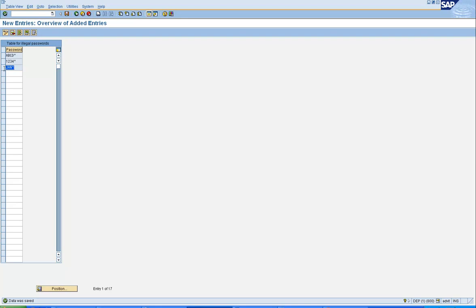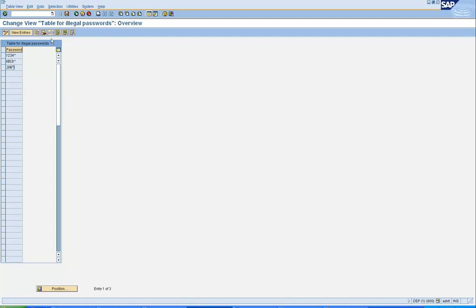This again would mean that I cannot use a password that begins with JAN. So for example, if I want to use a password like January, I cannot use it, because this table USR40 contains the string Jan star. Star meaning anything after, in this case, Jan. Anything that appears after Jan I cannot use.